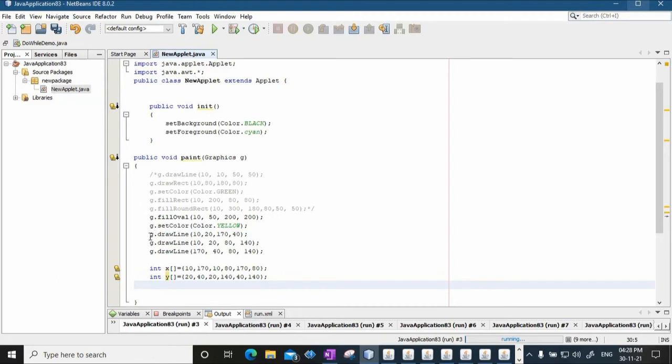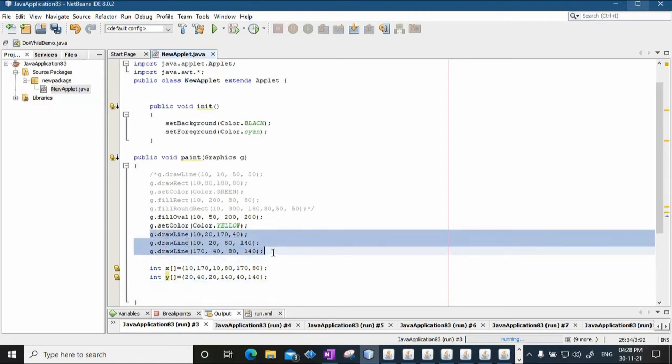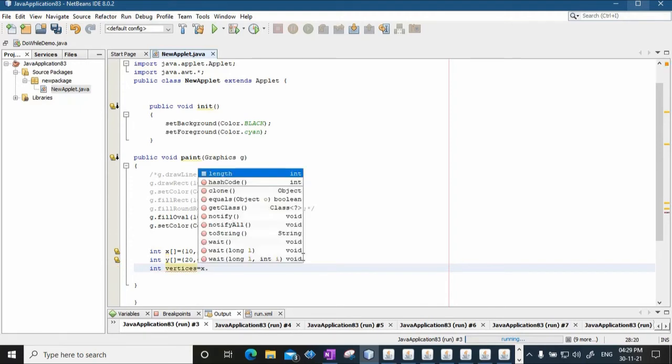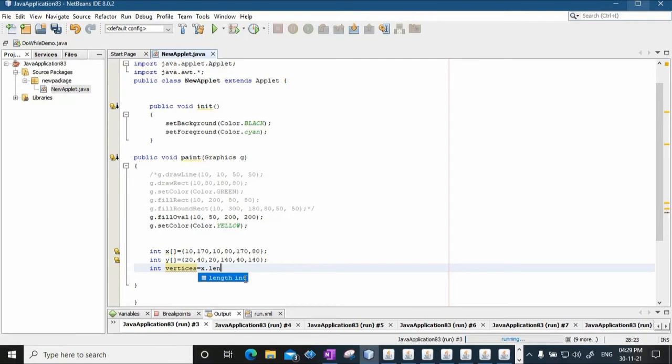Students, please note I am drawing the same triangle but not using draw line method, but using draw polygon method. Now total number of vertices, so int total number of vertices is equal to x dot length. So whatever is the length of the coordinates, those many vertices will be there.